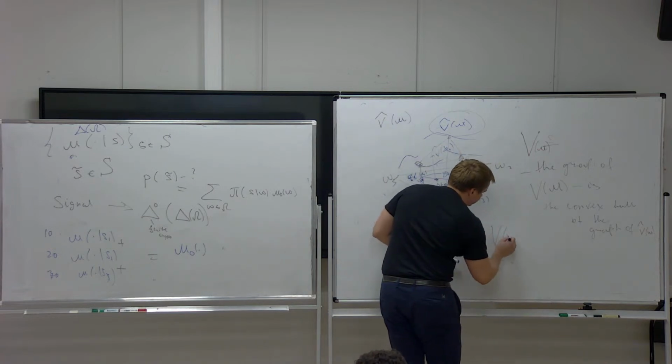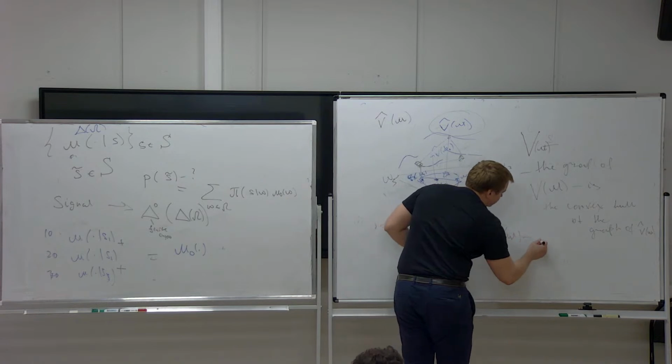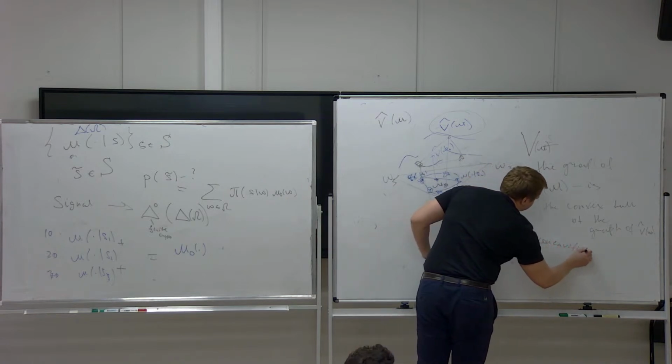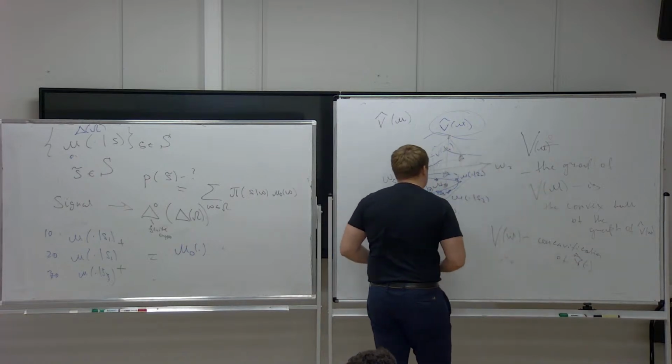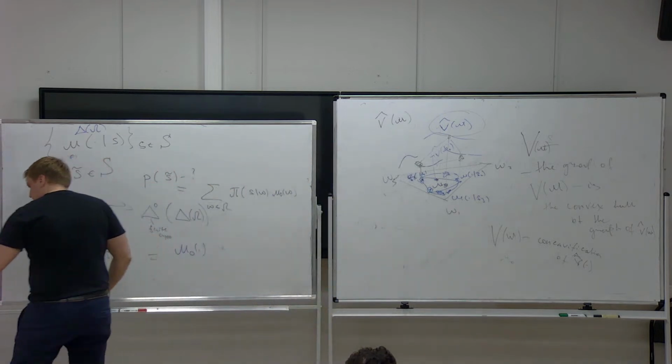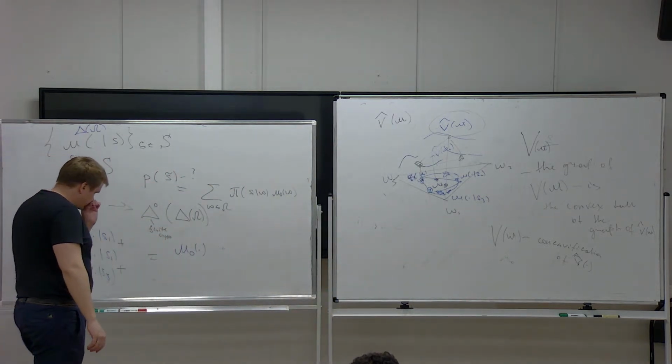We have mu, so the concavification of the function v hat. I can give you a mathematical result. This would be